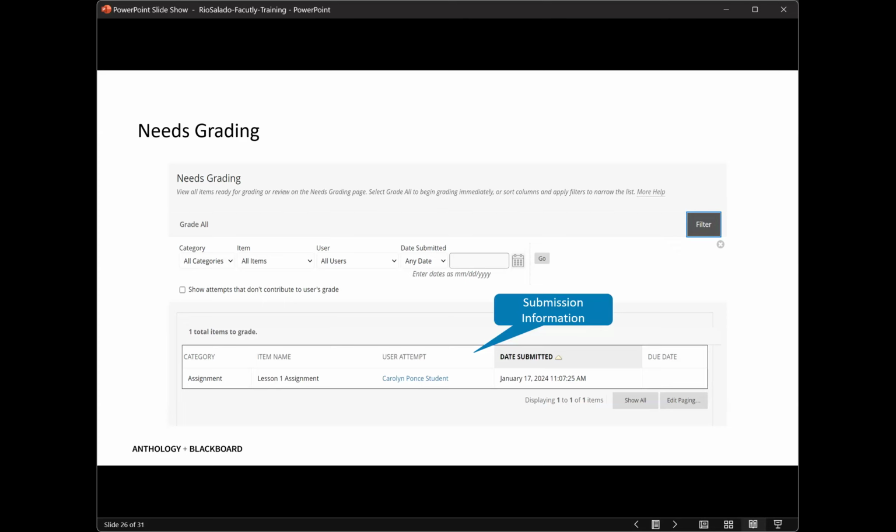This page lists everything that has been recently submitted that still needs to be graded, that the instructor needs to put their hands on. For example, a test that is submitted after a due date will show up in this list for the instructor to click on, review, and submit, and that grade will be processed. If an assignment has been submitted that needs grading, it will show up here.